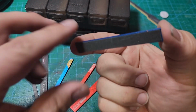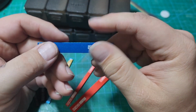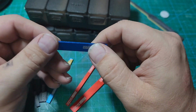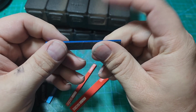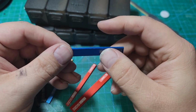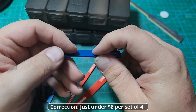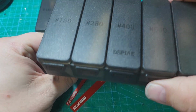Alright, so that's going to wrap it up for my review of the DSPIAE aluminum sanders and the adhesive sandpaper. Just a quick review. Pros: they're very solid, they're very sturdy. You're going to buy them once. They're not all that expensive. I think I paid about $10 per set. You get 4 aluminum sanders per set, and then you've got the sandpapers, which I think were another $9 or